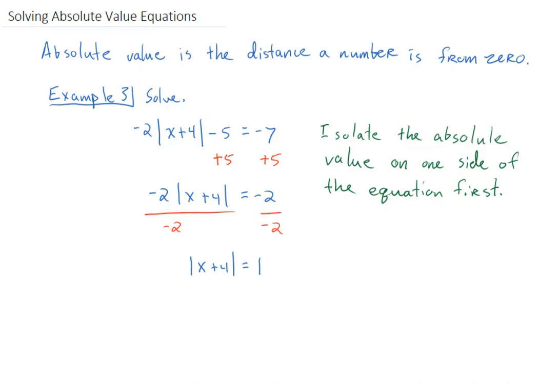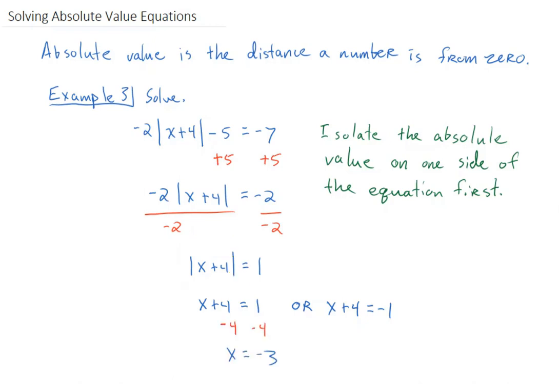Now the absolute value is by itself on one side of the equation equal to a number. That means we can now consider that logic that we were looking at before. That absolute value, whatever's inside those absolute value bars, needs to be a distance of 1 from 0. So we get that the x plus 4 has to equal 1, or the x plus 4 has to equal a negative 1. So now to solve that, we just need to subtract 4 from both sides for both of